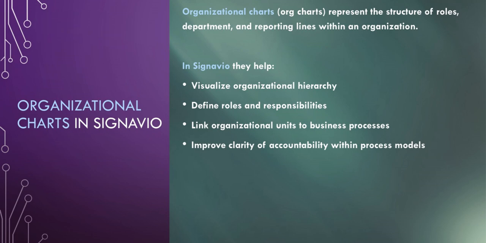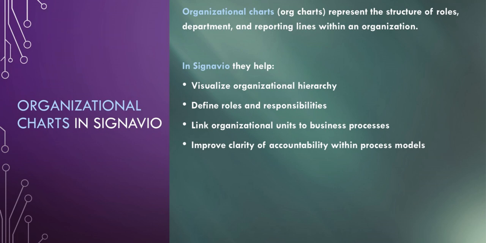a process. Within Signavio, organizational charts allow us to clearly define roles, organizational units, and their relationships, and these elements can later be linked directly to process models. This ensures that when we assign responsibilities in our BPMN diagrams, they are aligned with the actual organizational structure of